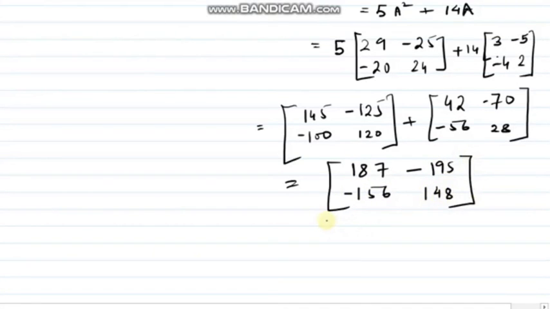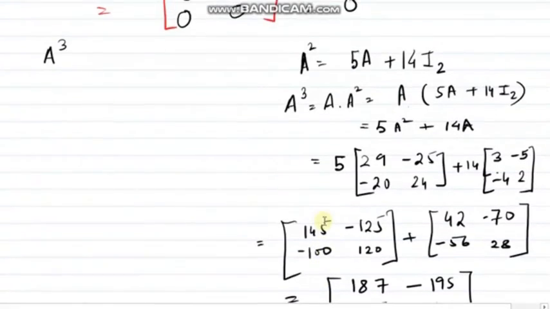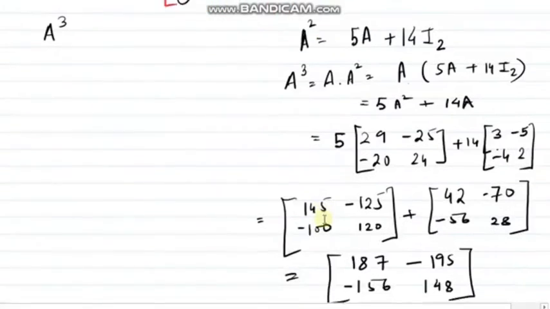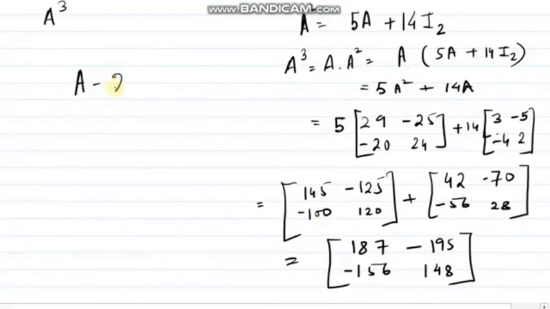Whenever in an exam you have to find A cube, there will be some relation given, so you have to transform it and use that. And one more thing, whenever in a matrices sum you get any only scalar term like this, only 14, that 14 is to be multiplied by the corresponding identity matrix. Don't forget this. Many times you see an example like A minus 2 and you get confused, this is a matrix and this is a scalar, what am I going to do? If the A matrix is 3 by 3, then it will be 2I3, and hence you perform matrix subtraction. That's all as of now.